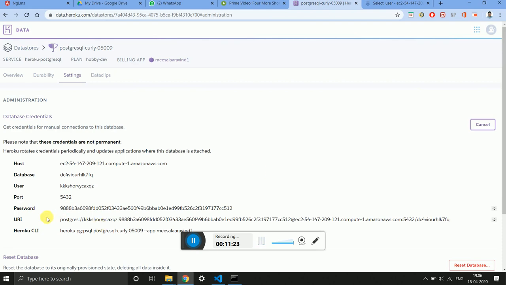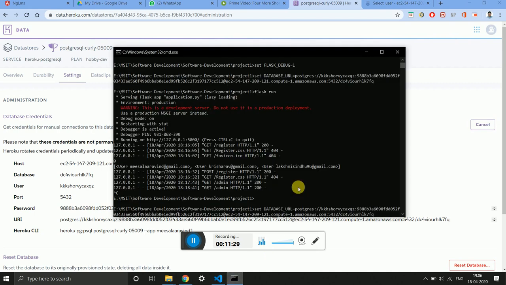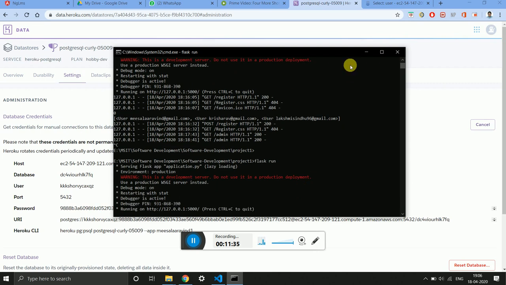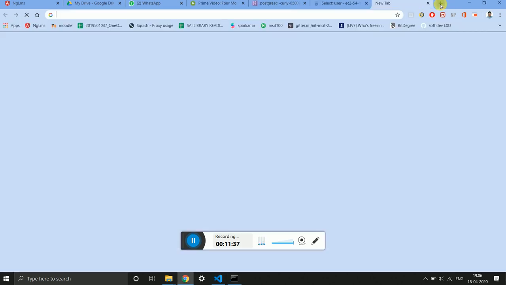So yeah, this is the URL that I have been mentioning there. So once these variables are set, I will be running the Flask application, and now I'll be going to the register page.